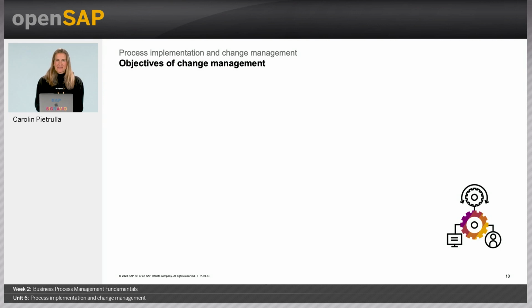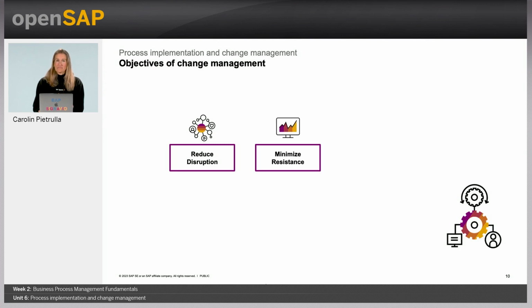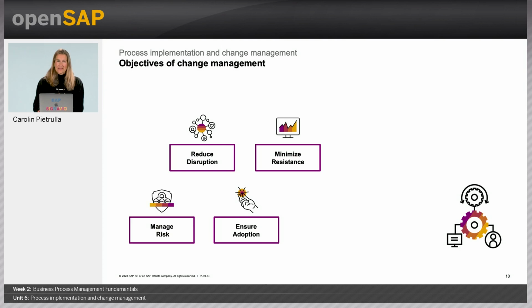So change management aims at flattening the curve and reducing the time of frustration and depression. Some of its objectives are to reduce disruption by planning and communicating the change effectively. Change management also provides a structured approach for addressing resistance and engaging stakeholders. It helps to ensure that change is adopted successfully by all stakeholders and helps to identify, assess, and mitigate risks